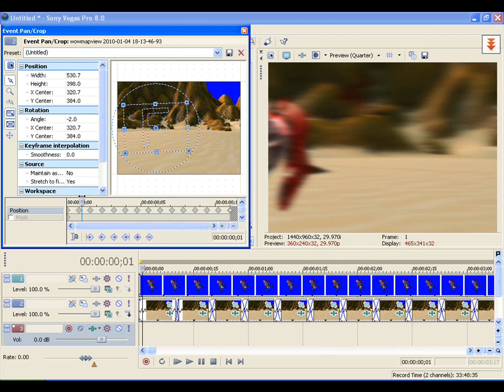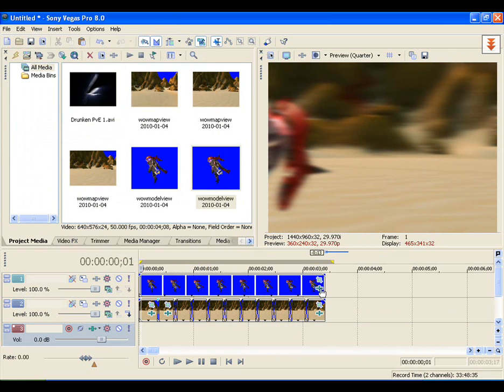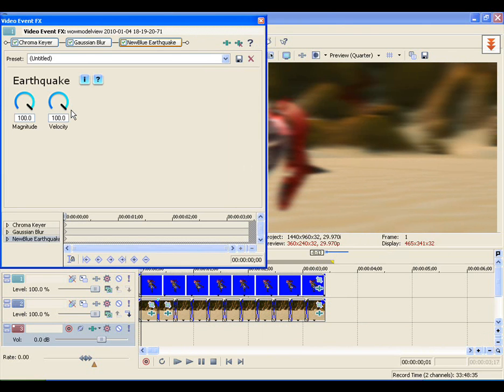Just go frame by frame, add a slight rotation, increase the height, or just to save time, look around for the Earthquake plugin because it's an absolute godsend, because the shakes are very realistic and you can even adjust the magnitude and velocity. So, I hope that answers your question, and I hope that you guys have actually found this